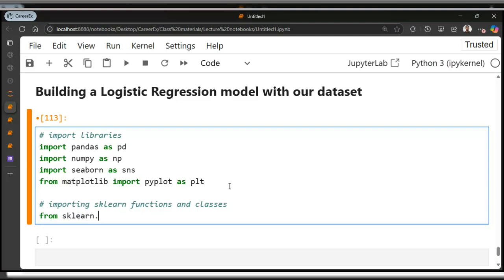So import from scikit-learn dot. Let me just ask this as a question. Which module do I import logistic regression from in scikit-learn? So let me not just go solo. I need you people to take me through. Sorry, I said scikit-learn. Don't mind me. Which module do I import logistic regression from?